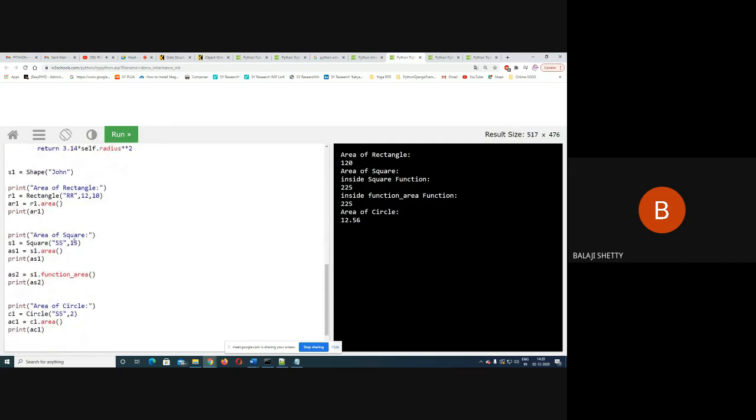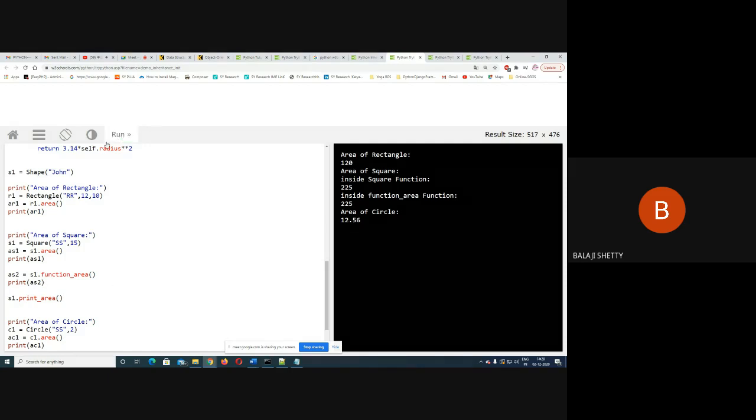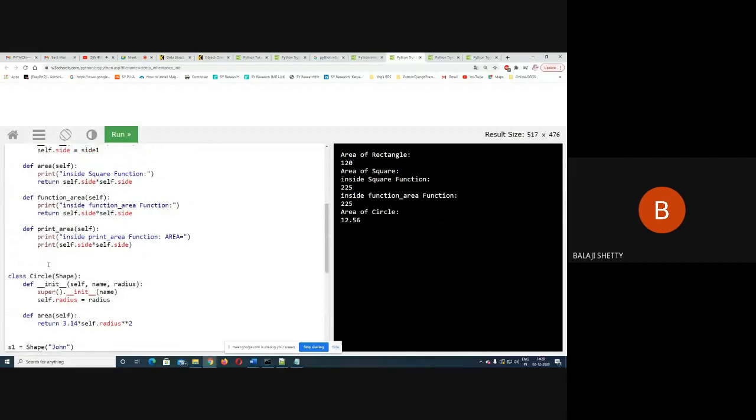Square, S1 dot print area. That's it. Now what is this S1 dot print area? It jumps to this function print area.